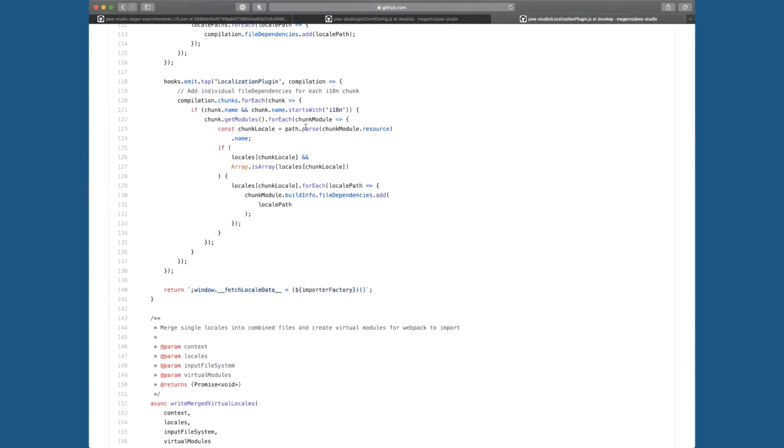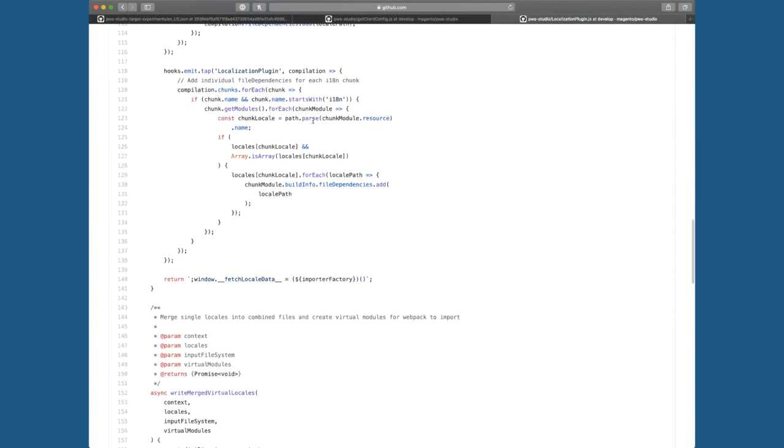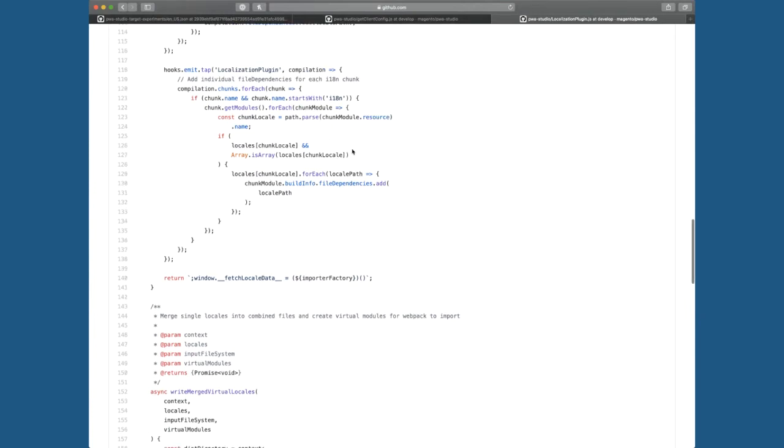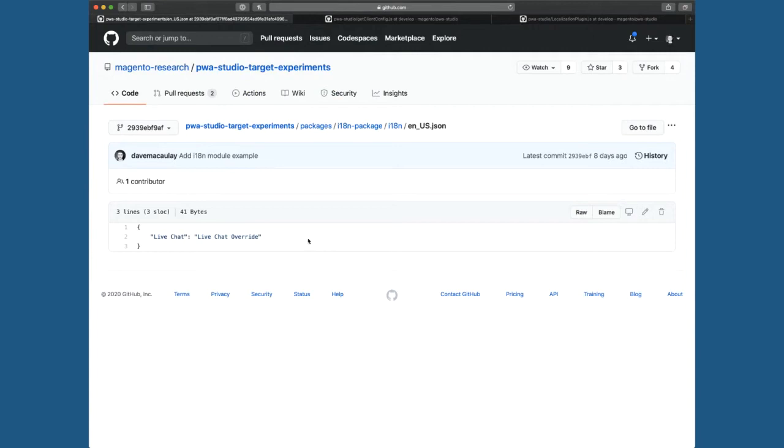Dave, I have one question. What if you want to use I18N in your own module? The idea is to have a standalone package, not overriding, but introducing new translations or new translation strings. That would be cool if we can provide some tutorial, like, hey, if you want to use multi-language for your own target module, this would be great, because this example shows only how to override, but not using some translation hooks or something like that, if I'm not